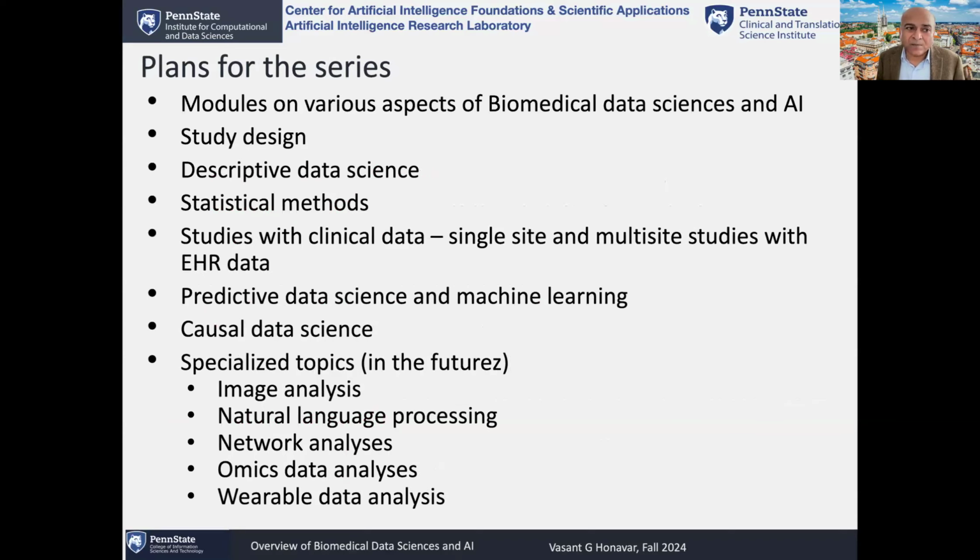So I will conclude by just briefly talking about the plans for this series. There'll be modules on various aspects of biomedical data sciences and AI. Immediately after this presentation, there'll be a presentation about study design. And then we have modules on various aspects of data science that I just went over. And eventually, we hope to have